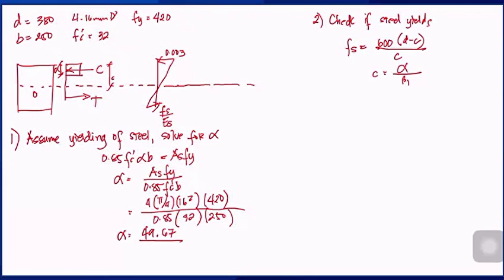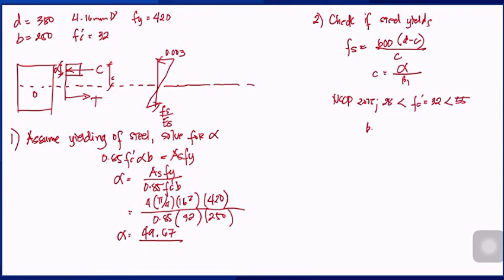In SCP 2015, your FC prime, that is equal to 32, is between 55 and 28. So therefore, your beta 1